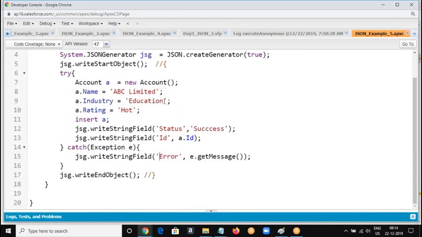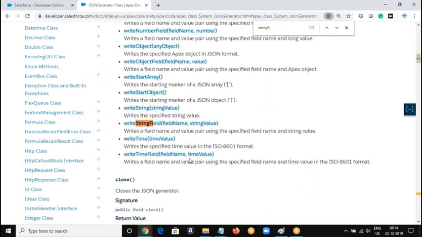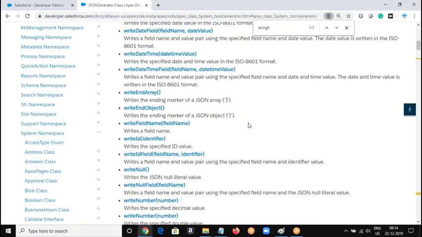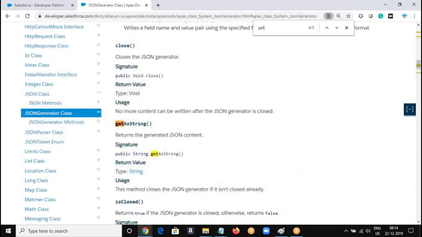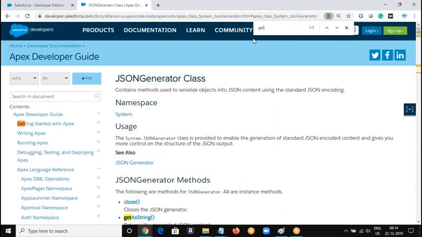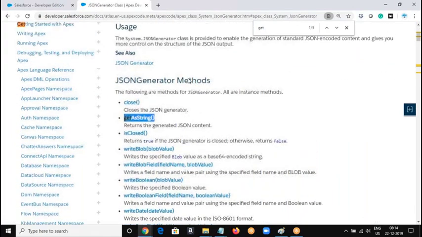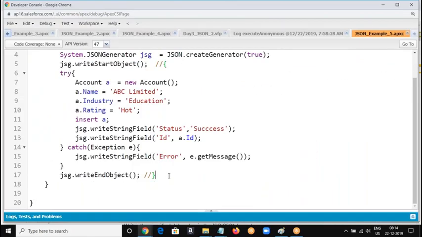Okay, and once a string is built, how are we going to get the string out? How are we going to get the JSON string? So we have a method called getAsString. So using this method, we can get whatever string we build,